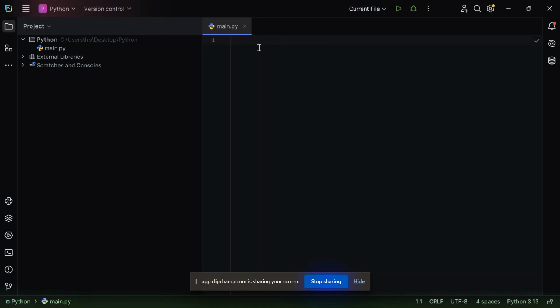Let's create a variable, say my age equal to int. Inside of it, I will put input, where the input that I want is enter your age.